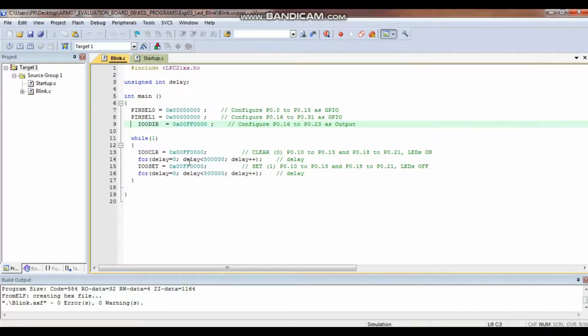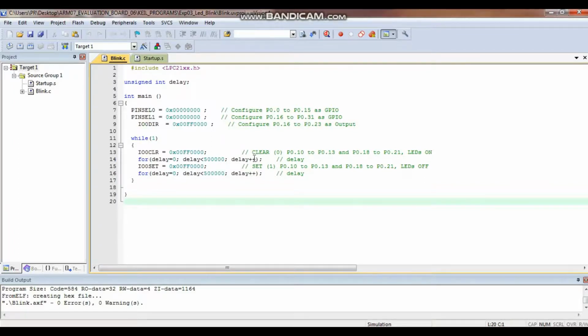Now here you can see it is a very simple program. I am using only one while loop. Here 00FF shows port 10 to port 13 and port 18 to port 21 are on. Initially I am clearing these using the command IO0CLR, which means those LEDs are cleared, and I am introducing some delay here.